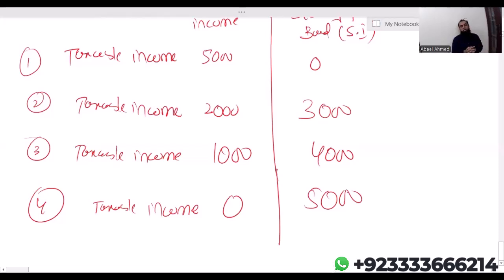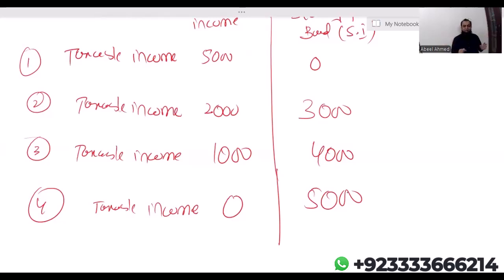So how much starting rate band you will get, or whether you will get a starting rate band or not, depends on the amount of taxable income which comes in the column of non-saving. If after deducting the personal allowance, in the column of non-saving, taxable income is either 5,000 or more, simply you will not get any starting rate band for the saving income. That's it.